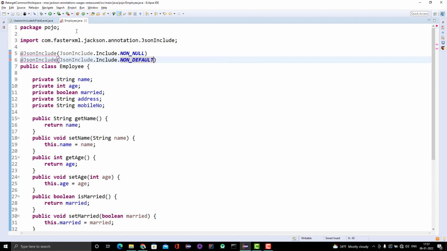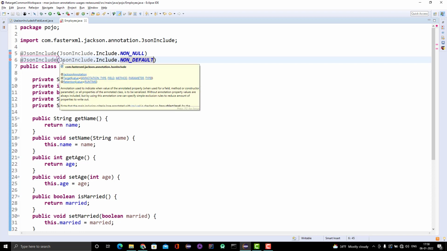But just think of a scenario where you need to use multiple JSON include annotations. In that case it is not possible. You can see it's showing the error. We cannot use two JSON include with different values on the class level. We need to have only one JSON include.